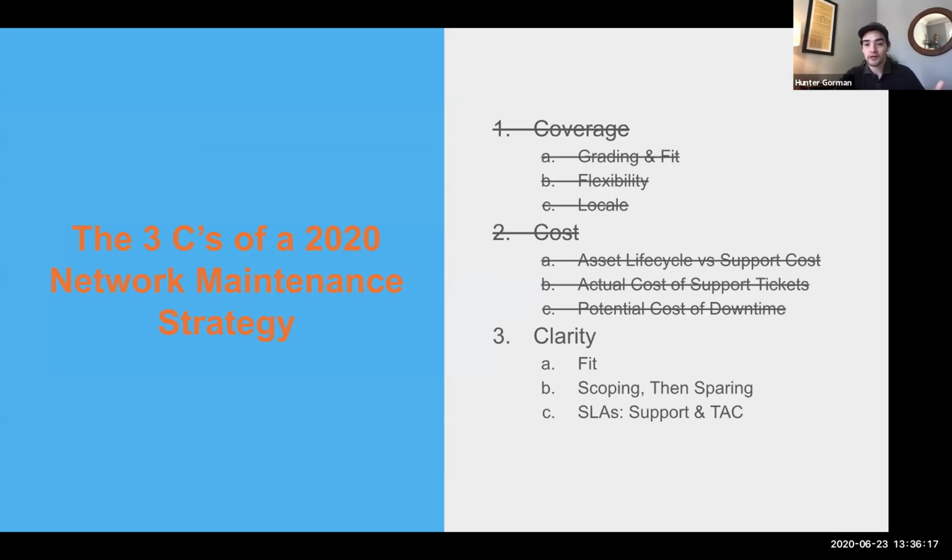So with that said, Aaron, I'll include you back. If you have any thoughts on that cost element before we jump into clarity, please feel free. But I think, Aaron, you might agree with me. The cost element is incredibly important to consider when you're talking about covering your most mission critical assets, as well as the things that you may forget about in your network.